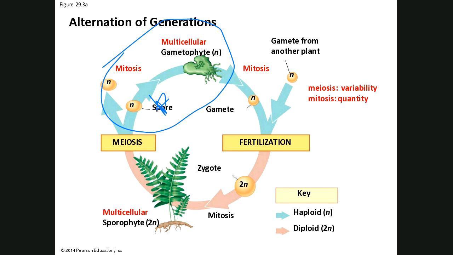These organisms, through alternation of generation, the sporophyte undergoes meiosis and makes lots of spores. Now, over on the right, I put something in red I want you to remember, and I've said it a couple times. It's very important. When we talk meiosis, we'll talk about variability. Meiosis makes variable cells. That has to do with reproduction. Mitosis, we're talking about numbers. Mitosis makes identical copies of cells to replace cells when you grow, right? That's what I mean about quantity.